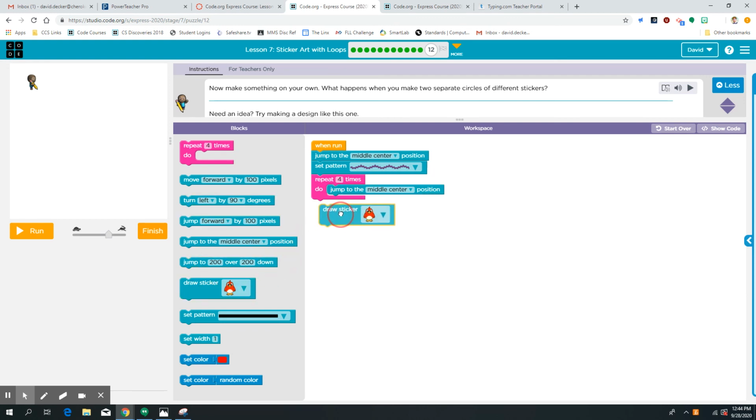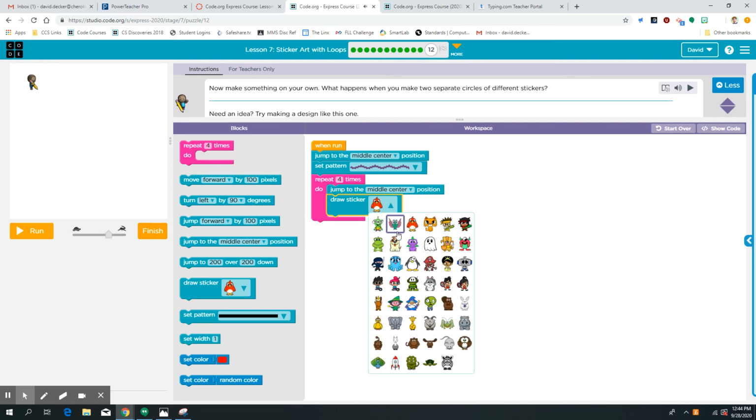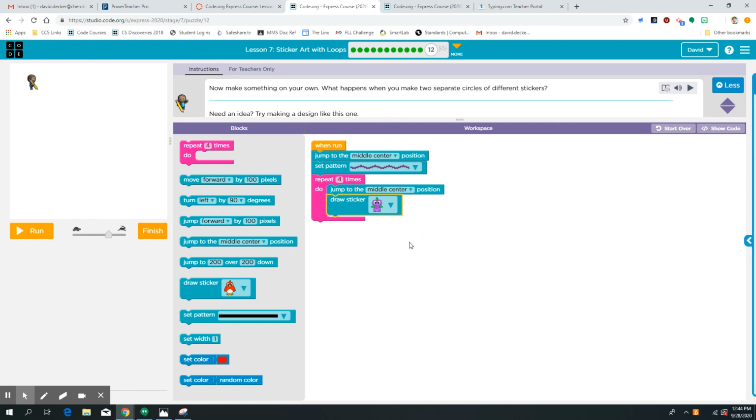And then let's draw purple dragon. And then let's turn left by